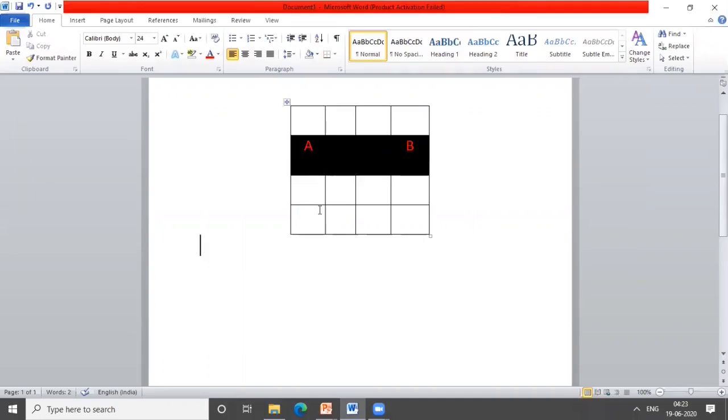So I can say that the resolution of this image is 4 by 4. Why 4 by 4? Here the first 4 indicates that on the x-axis we have 4 pixels, and on the y-axis we have a total of 4 pixels. So the resolution of this particular image is 4 by 4, and in this image we have a total of 16 pixels, right?